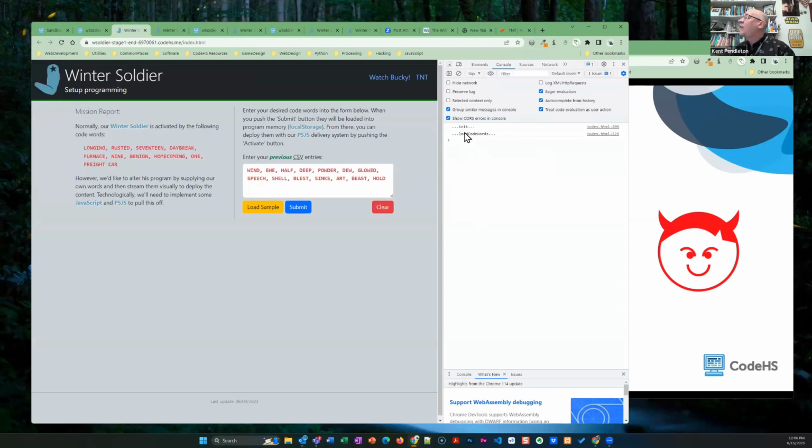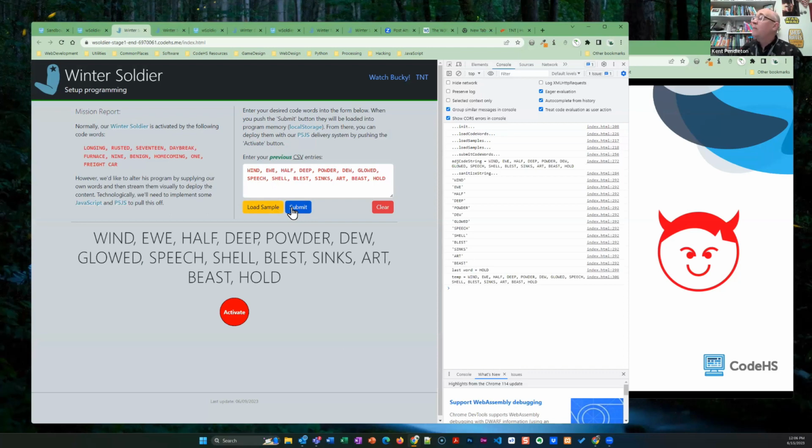So when I refresh, I've initted, I've loaded my code words. Okay, I'm going to load my sample. And notice load sample is not working at this stage. And when I submit, oh wait, load sample did, I'm sorry. Load sample did work. When I submitted, now here's the thing that I want you to see before we talk about it in code. The submit button triggers reading this information, parsing it using the sanitization process, and then clicks that little button that adds a class that removes a class from Bootstrap